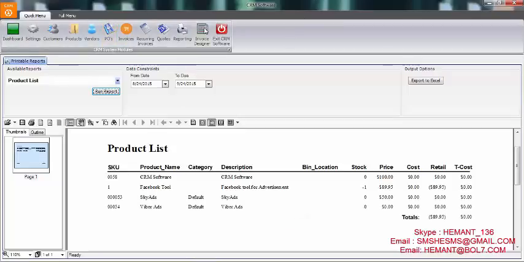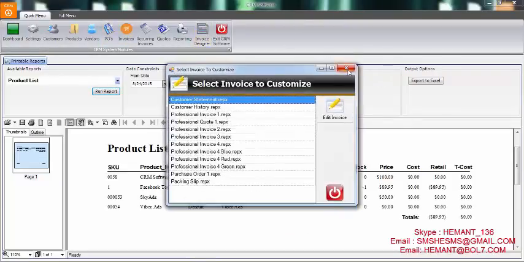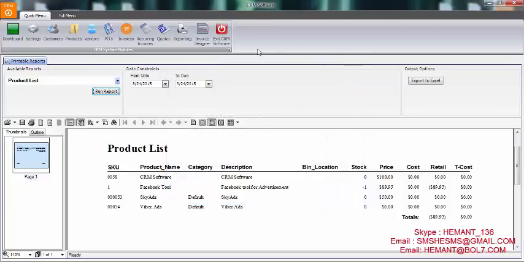Now the next option available is the invoice designer. On this option, you can design the layout of the invoice, you can customize your invoice, you can set the visuals of the invoice, you can set how to create an invoice, what type of invoice it should be, how it should work. Everything can be customized here. These are all the options available on this CRM window.